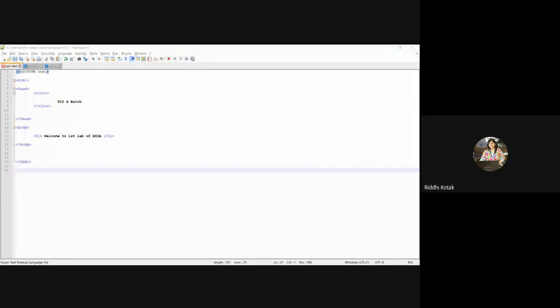The whole thing you will divide into two parts. The first one is the header part and the second one is the body part. We know these things, right? What is header and what is body. For example, you are all from the TC2A batch. So the header part will be TC2A batch, and in the body part we can put the student's name, enrollment number, your contact number, the institute ID details, right? That we will do later on. That will give you information about this header information, so that we will include in the body part.